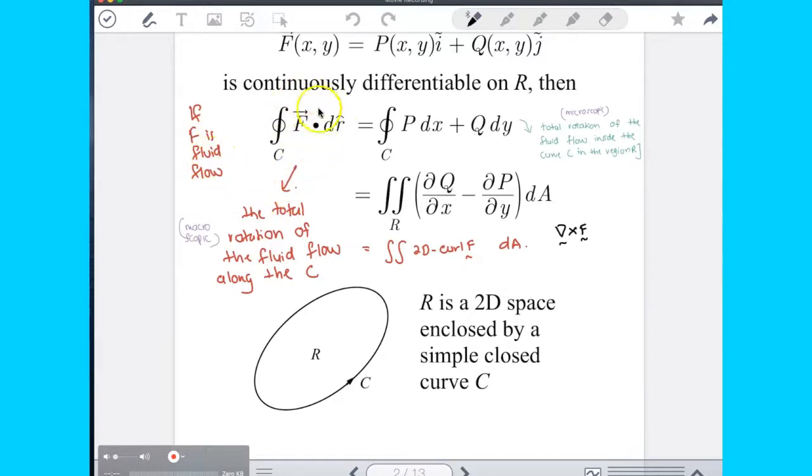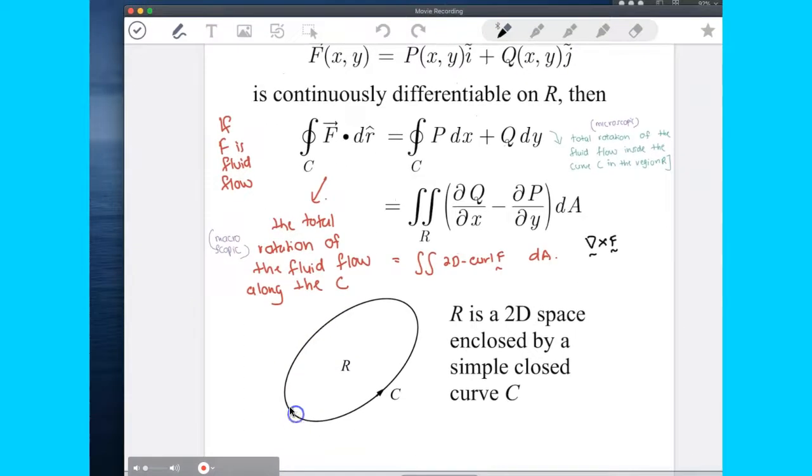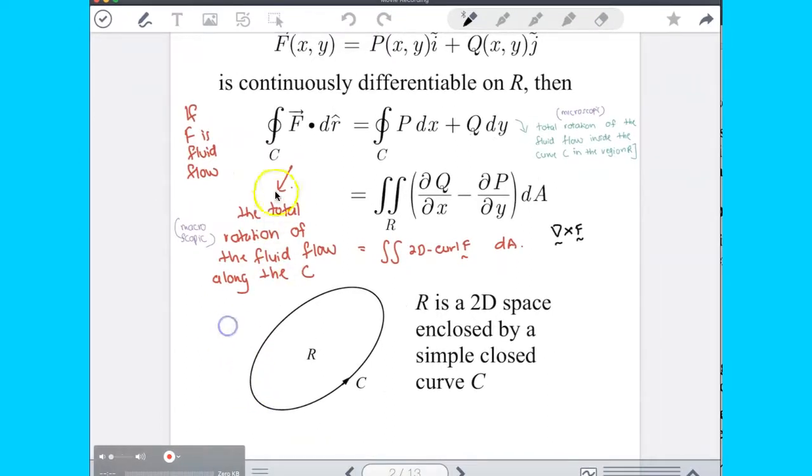So what is the interpretation of the f dot dr here? This one is actually the total rotation of the fluid along the curve, only on the curve, because we have only C here. So the line integral along the curve C is the total rotation of the fluid flow along the curve C, where that total rotation along the curve C is equal to the total rotation,